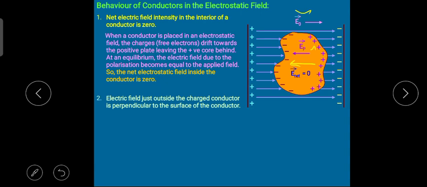Moving to the second point, electric field just outside the charged conductor is perpendicular to the conductor. जो भी सरफेस होगी कंडक्टर की, suppose this is the surface of a conductor, here at surface there is a charge plus q which is greater than 0. It's a direction of electric field and normal of that electric field is this n cap. To prove this, that electric field just outside the charged conductor is perpendicular, we make an assumption that let it be at an angle of theta. That means we are proving it by making an assumption contrary to